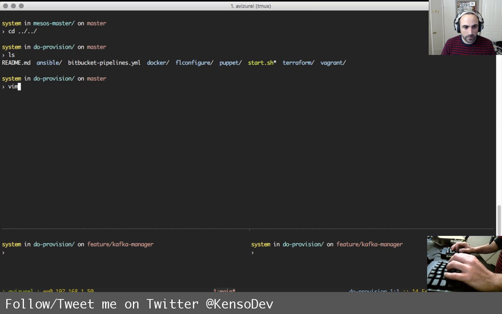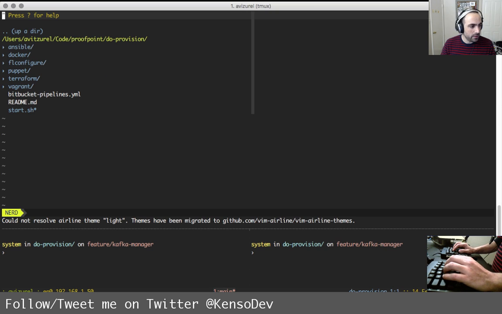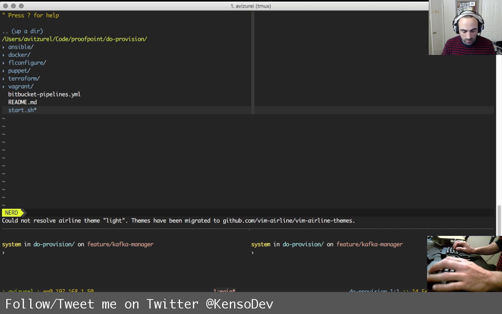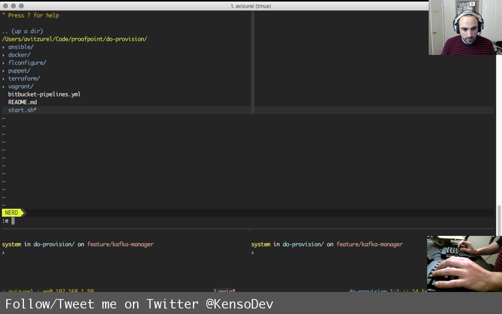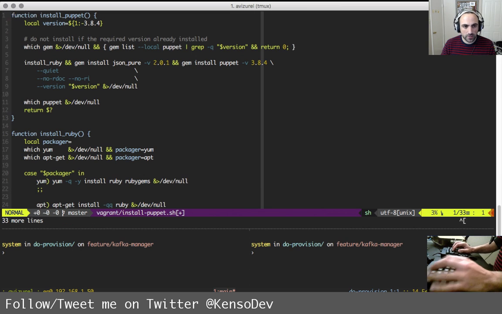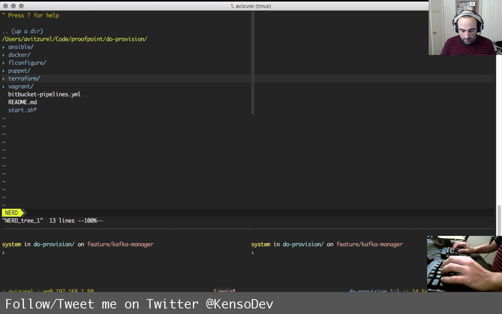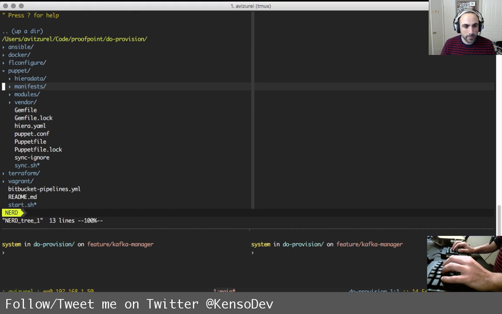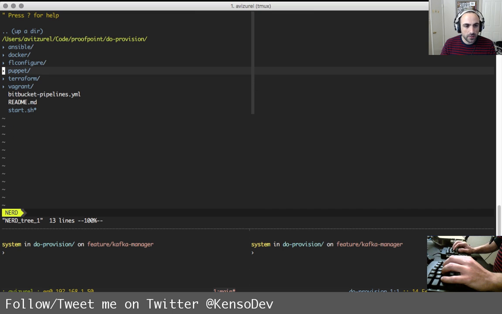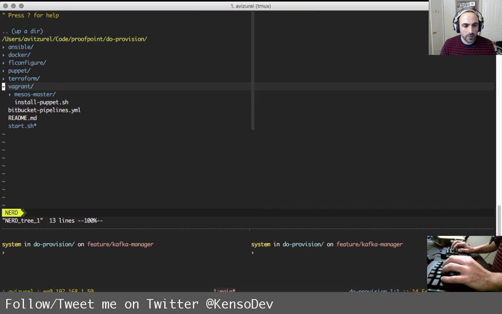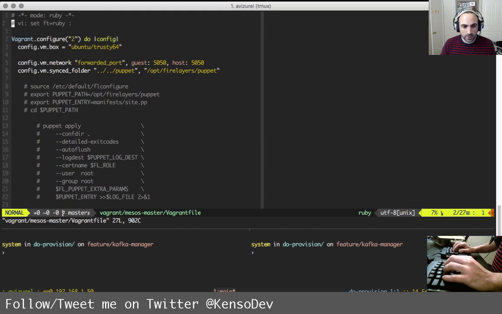Okay, so let's open Vim again here. Okay, so paste this. And Puppet. Vagrant mesos master and then Vagrantfile.